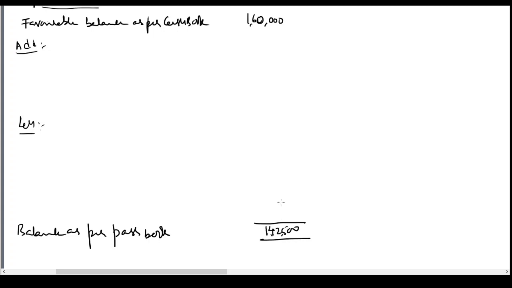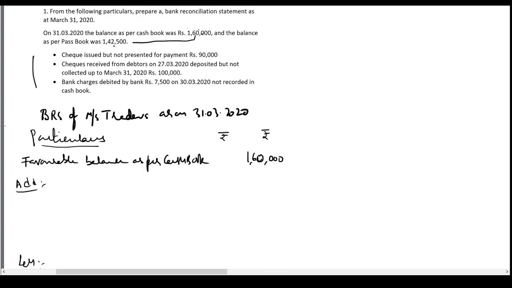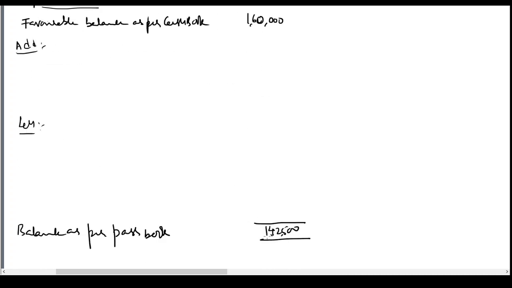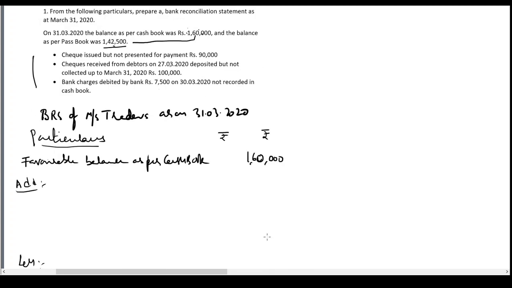Now, sometimes in questions you are not given the passbook balance. This will be absent. If the passbook balance is not given, we'll start with the cash book balance and take the reasons for differences to arrive at the passbook balance. So the end point of this reconciliation statement will become the answer for your question. The question will say the cash book balance was 1,60,000, these are the reasons for differences, arrive at the passbook balance. But in this problem we are given both the cash book balance and the passbook balance, so we have to reconcile them using these reasons for differences.